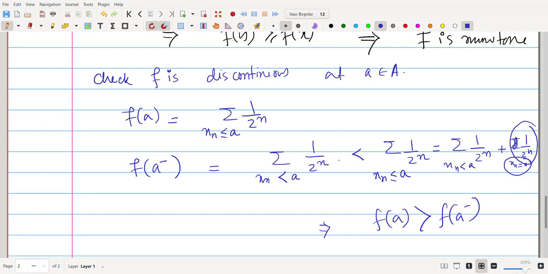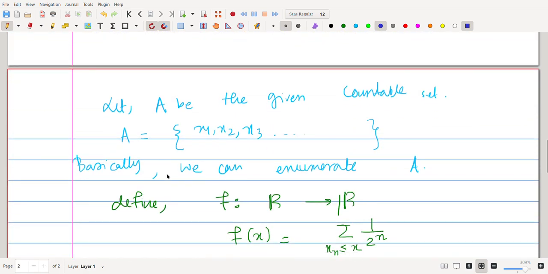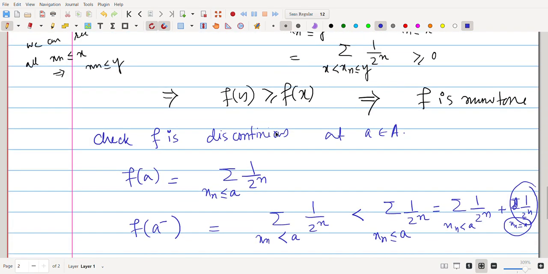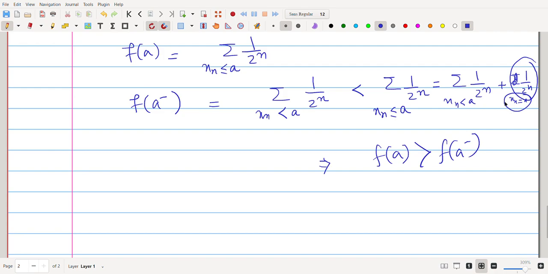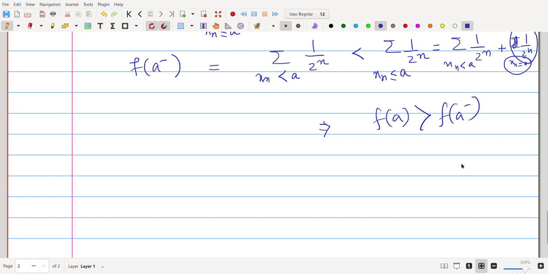So that means if you are choosing any point x which is strictly less than a, this sum must be strictly less than this sum, because here a is inside that set itself. For other cases this term may not contribute, but in this case it contributes because x_n equal to a is already a term here. a is inside this sequence x_n. We are enumerating this, right? What is x_n? Since a belongs to the sequence, there is some n for which x_n equals a, so x_n contributes in this sum. So f(a) is greater than f(a minus), which will imply that f is discontinuous. Now the only thing left is to check